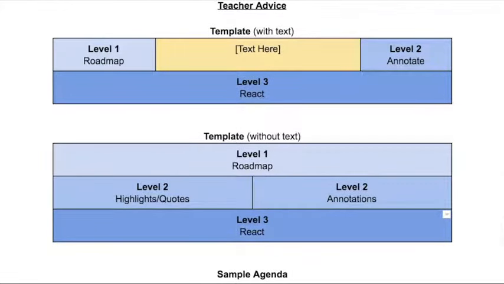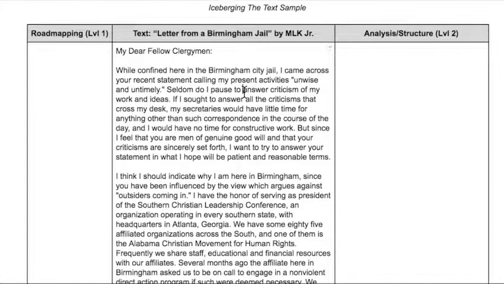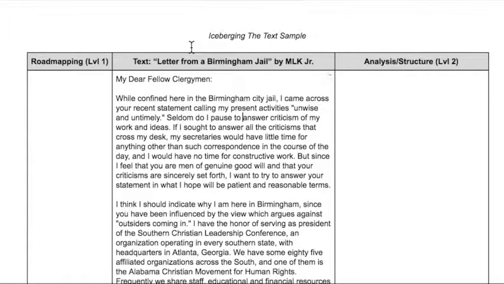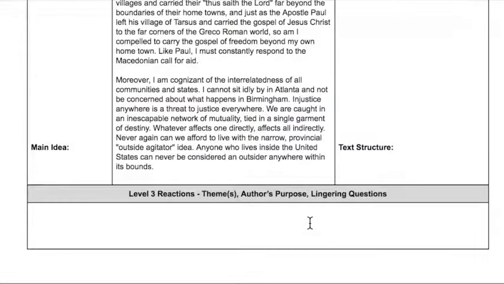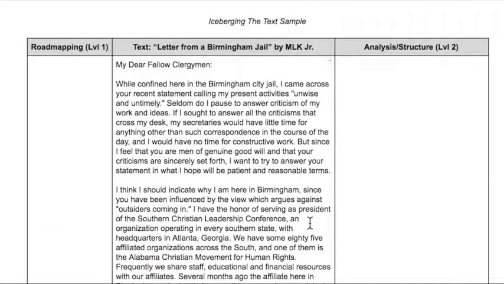The easiest way, though, that I think to do this is I just give them a blank thing. It looks like this. They've got the text. I ask them to go to Google Docs. I have them make a copy for themselves, and they do all the work. And then they share it with me when they're done. And then they also have a digital copy for themselves. So feel free to do this as a digital activity. I like doing it with highlighters and paper when I have the opportunity,